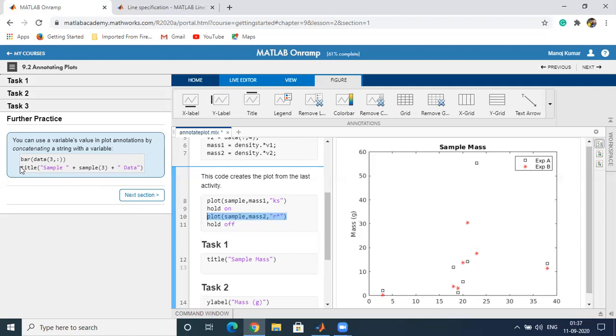If we apply the title sample plus sample3, it will take the third element of the sample and print it here plus data. So you can notice we just plotted it. You can see the difference.